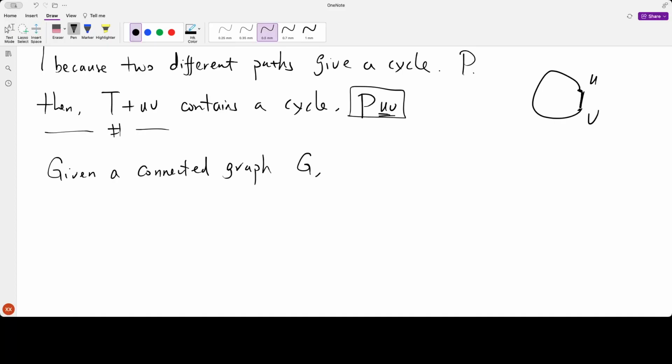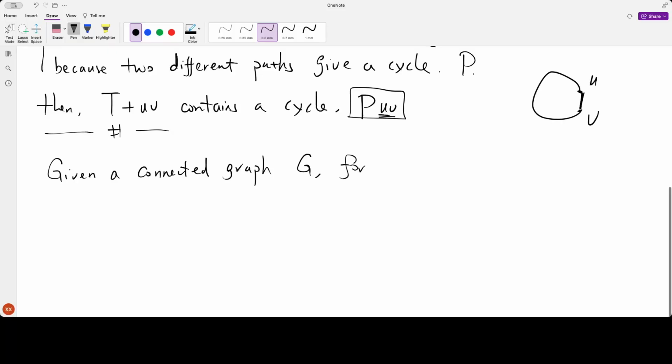For example, it has n vertices, and it's connected, and we don't know if it has a cycle or not. If it doesn't have a cycle, it's a tree already. So if it has a cycle, we don't call it a tree. It's not a tree. So whenever we find a cycle, for each cycle